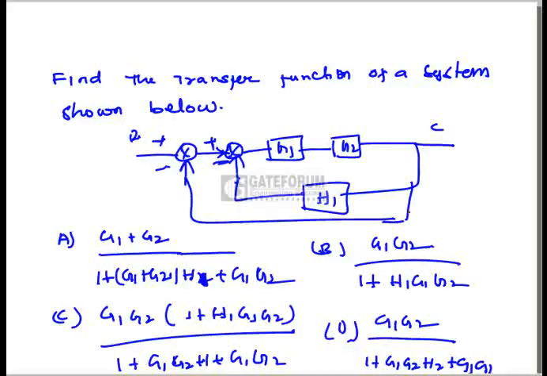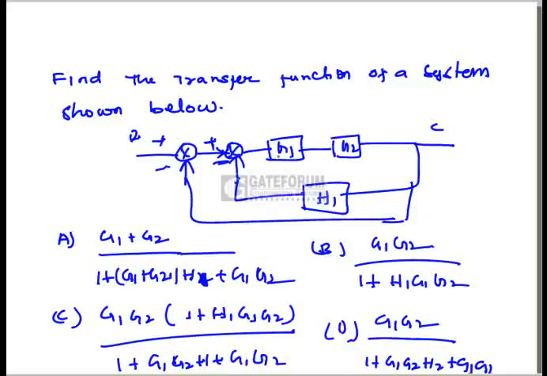Otherwise, one more technique is also there, and that is, first you have to convert the block diagram into a signal flow graph. Then you have to find the transfer function with the help of the signal flow graph technique. So that is the second method. Generally people usually go for the signal flow graph technique if the given block diagram is a complex one. But if you observe this system, it's a very simple system.